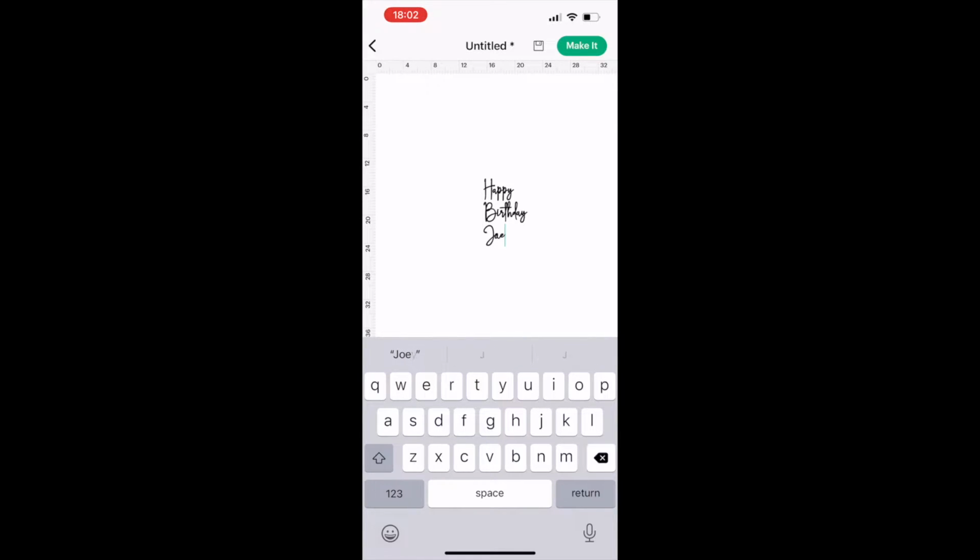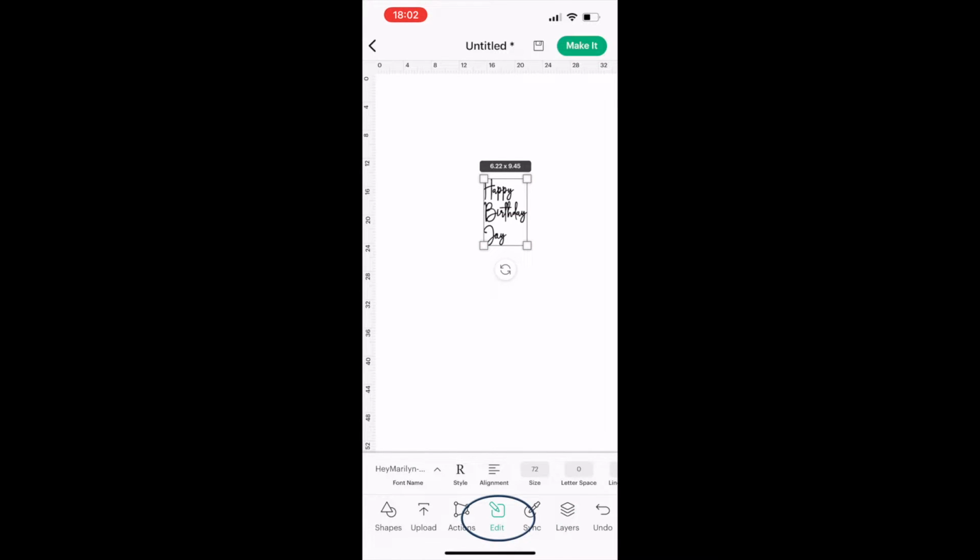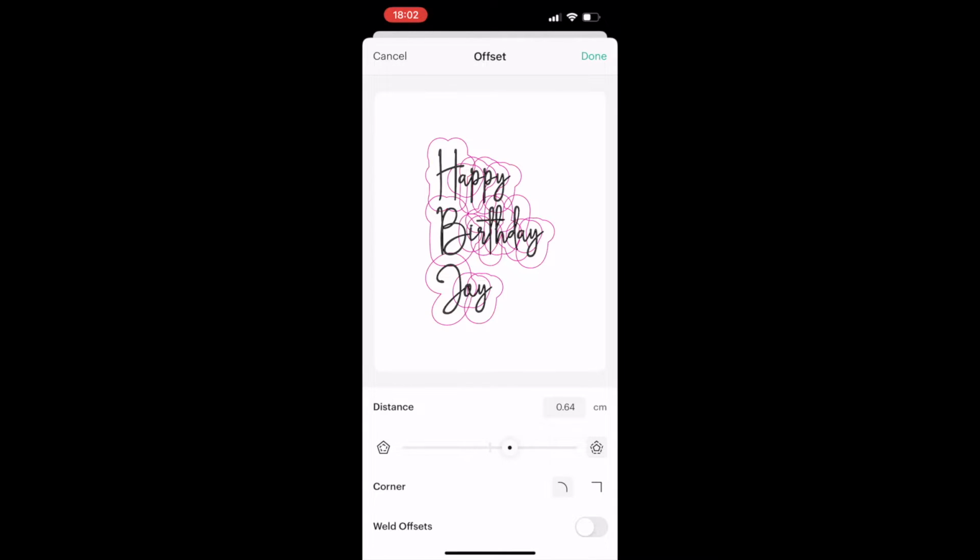Okay, so that is typed in there now. So now I need to find the offset feature. What we'll want to do is just drag over our lettering there, and that's pretty simple to do. And then if you come onto the edit menu at the bottom, which is basically like a little pencil on a page, you'll get all these different options come up, and then you'll see you've got the offset feature. So we just tap on that and it will bring up our offset options,